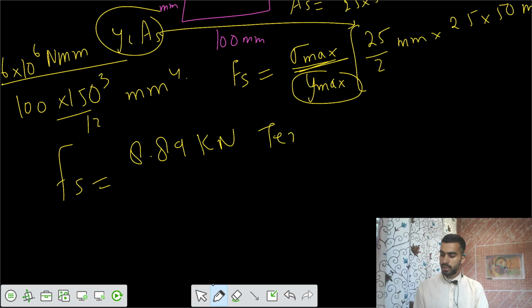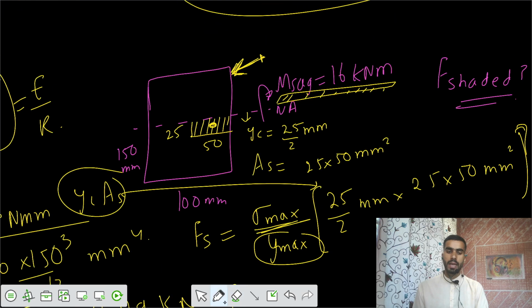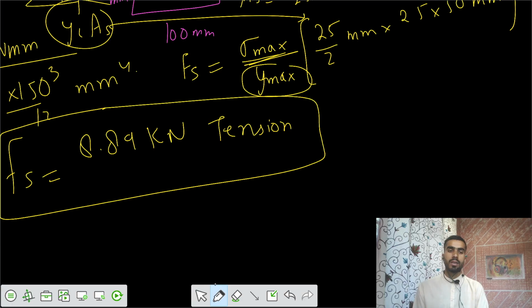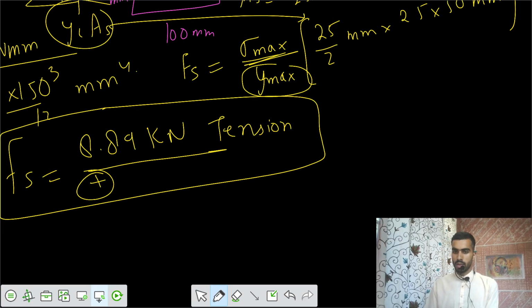That is tensile, because your area is below the neutral axis, so this is tensile stress, tensile strain, and tensile force. So we can resist a tensile force of 8.89 kilonewton. So one more problem of